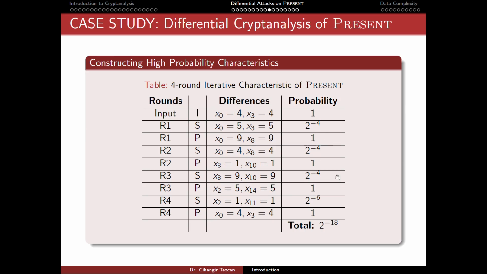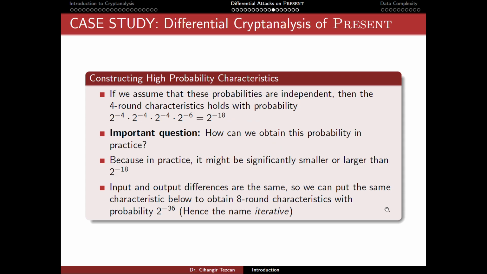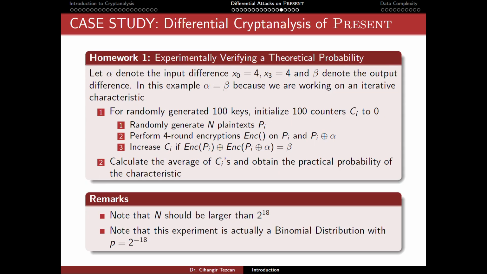Remember that we obtained these probabilities with an assumption that these are independent events, but actually once you are given the input difference here, these runs are not independent from each other. And I told you that although this assumption is not correct, it works in practice. So in this experiment you will see that theoretically obtaining probabilities for the characteristics actually works in real life. So at the end, just obtain the practical probability